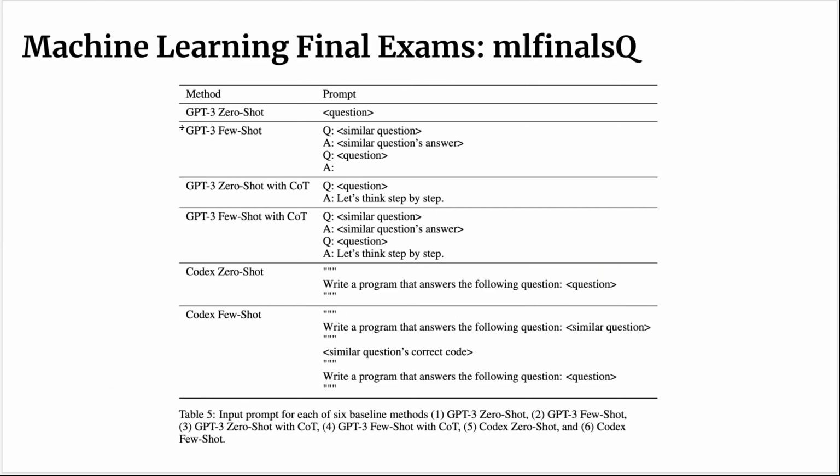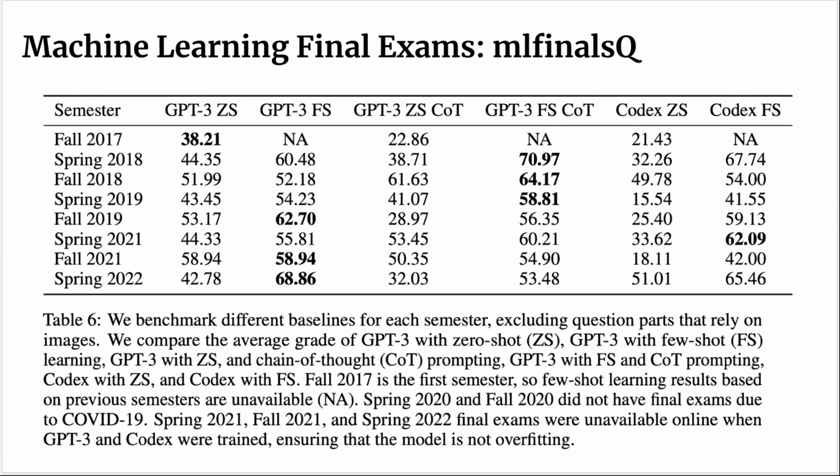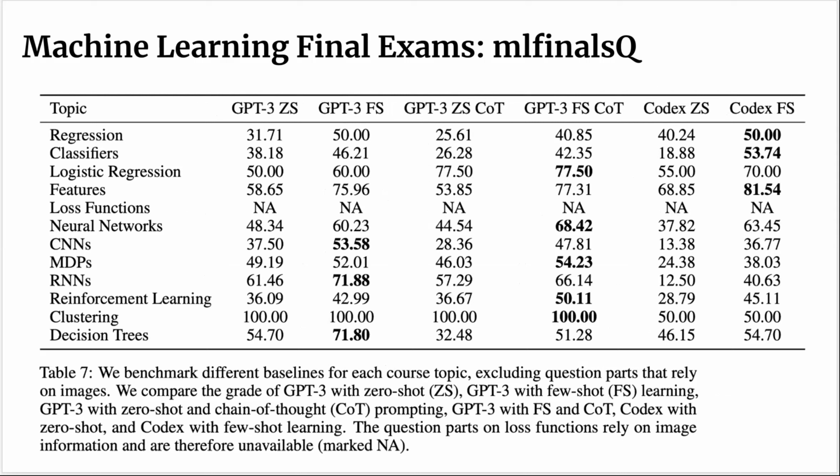So here are the approaches. You can see zero-shot GPT-3, few-shot with GPT-3, and chain of thought. Chain of thought is just saying, let's think step by step in the question. And Codex with zero-shot, Codex with few-shot. And we compared these results. And these results were broken down by semester, by each of the finals, and by topic, and we're reaching human level. Except that these ML finals, and the data set is also available, did not include questions that relied on